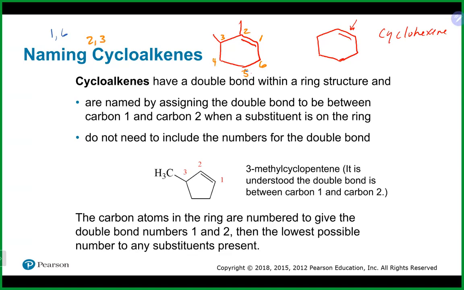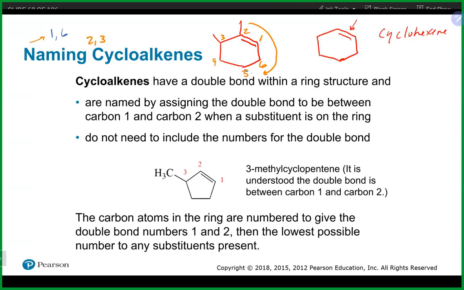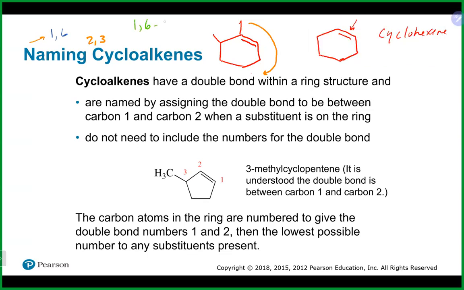And in this case, the lower number will actually be the 1 and the 6, right? 1 is less than 2. So we would actually want to number in the opposite direction there, giving us that lower number for that first methyl group. So we would want to number going this way around the double bond. And this would give us a name like 1,6-dimethyl, because there's 2 of them,